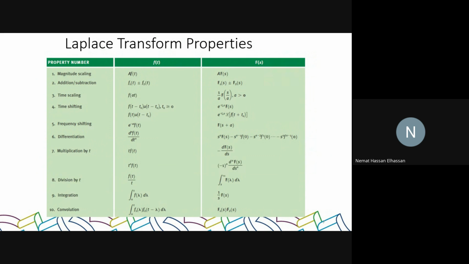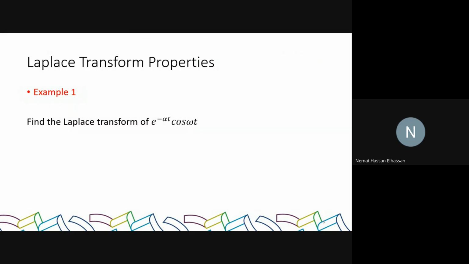There are other properties which are listed here. There are about 10 or more properties of the Laplace transform, and the whole purpose of the properties is what? Instead of having to go back and integrate and find the transform by integrating the function, if you know the original pair, you apply the property and you reduce your calculation. For example, if I ask you to find the Laplace transform of e^(αt) multiplied by cos(ωt). Now, the cosine,